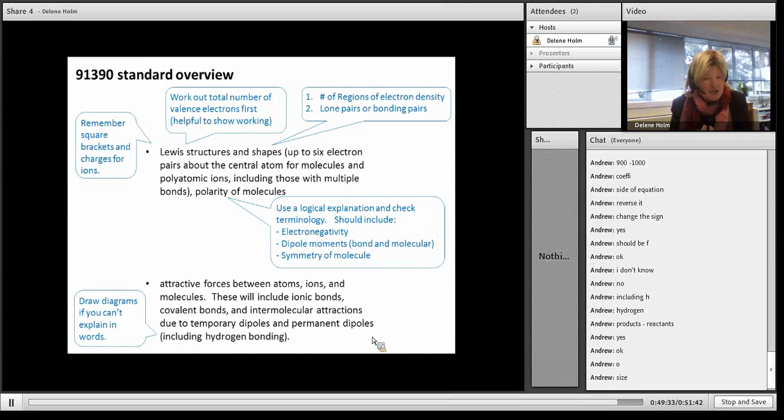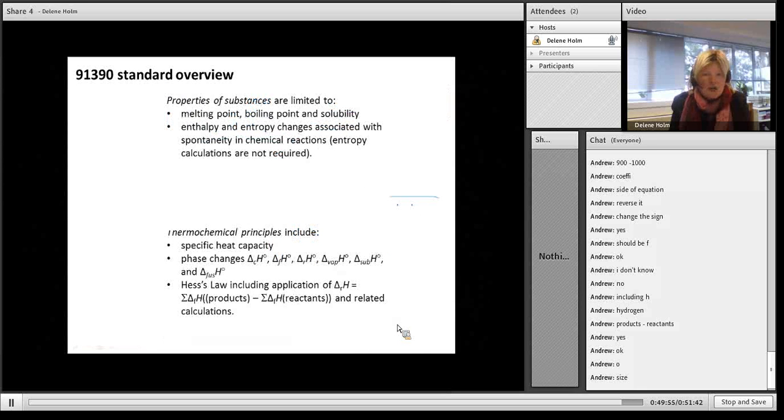The shape doesn't affect the permanent dipole force of attraction. It does affect the temporary dipole force of attraction. The shape will only affect the permanent dipole in terms of whether it's polar or not: do the bond dipoles cancel? But once we've got a molecular dipole, the shape doesn't matter. Okay, right. Now the final things were in the 91343, which is where